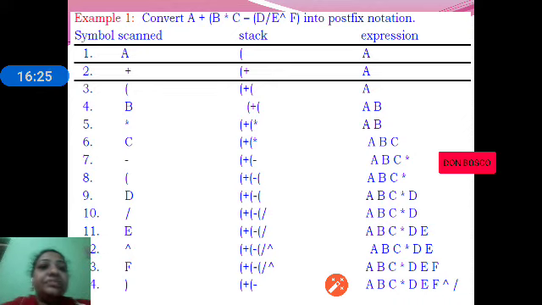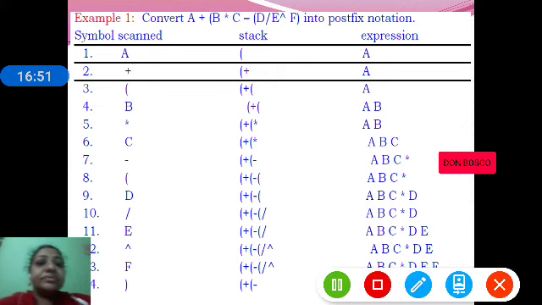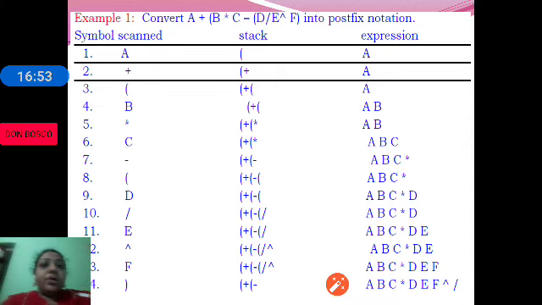there is one correction. After B is scanned, the next scanned symbol is an asterisk or multiplication, which will be pushed onto the stack.